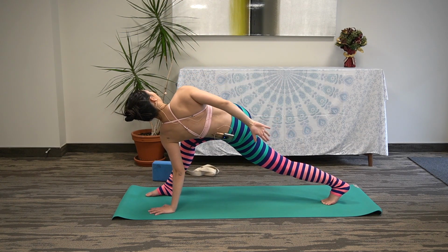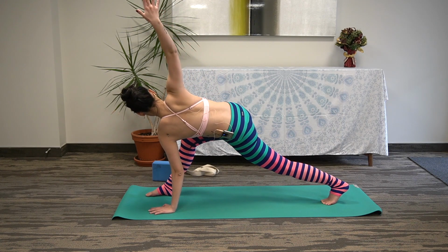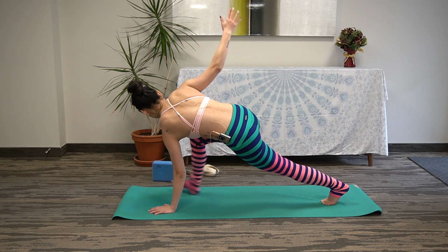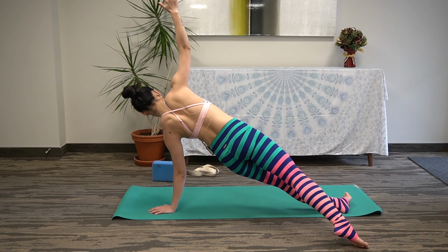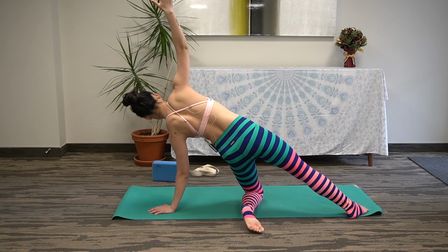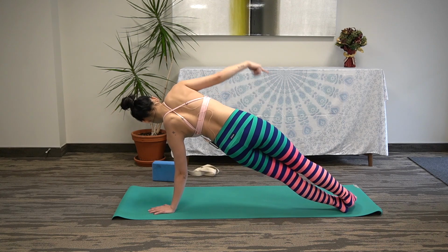Option to reach back for a bind or a half bind. And slowly release. We're going to shift our left leg all the way back, finding our side plank. So again, scissor feet, bottom leg can drop down, or stacking the feet, pressing the insides of the feet down